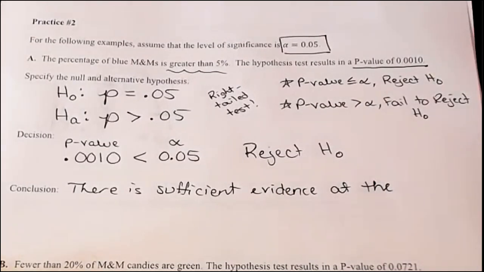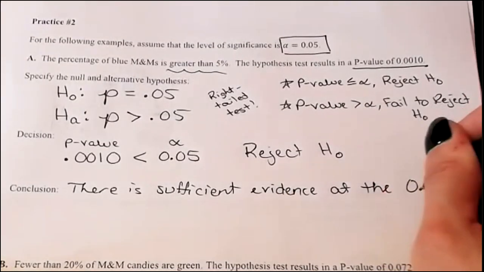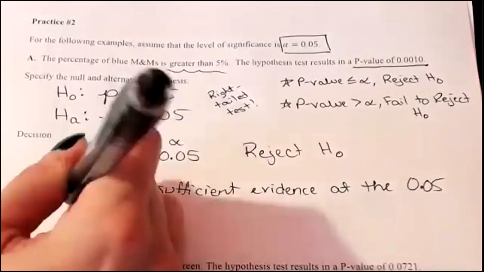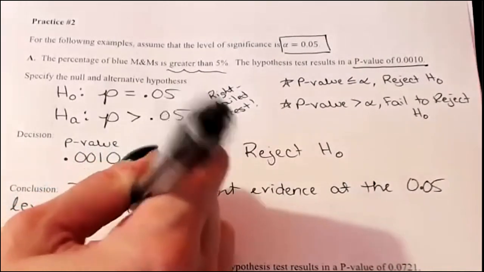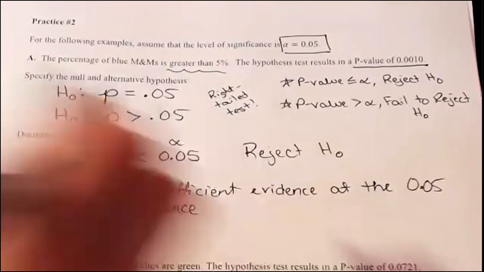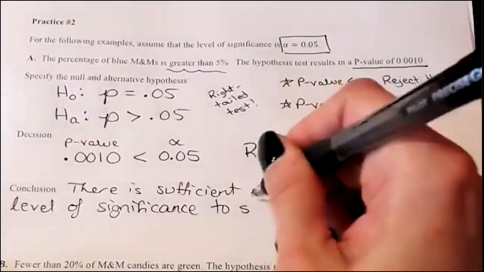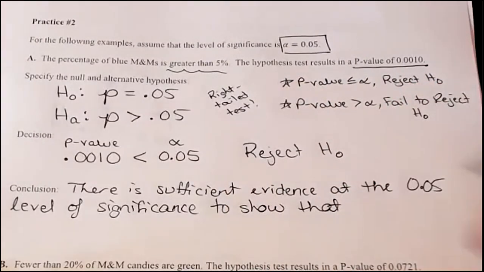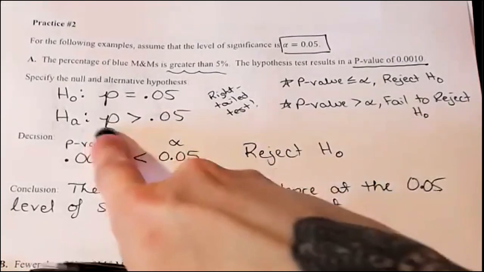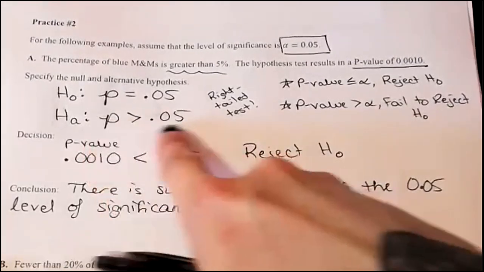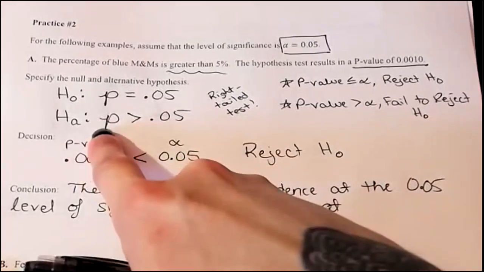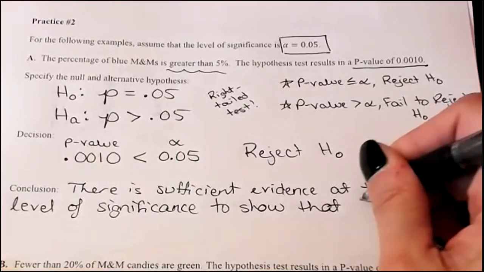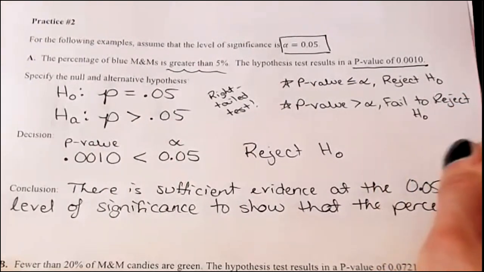So there is sufficient evidence at the 0.05 level of significance to show that, and then notice what the alternative hypothesis is, and that is the percentage of blue M&Ms is greater than 5%. So we're going to write that to show that the percentage